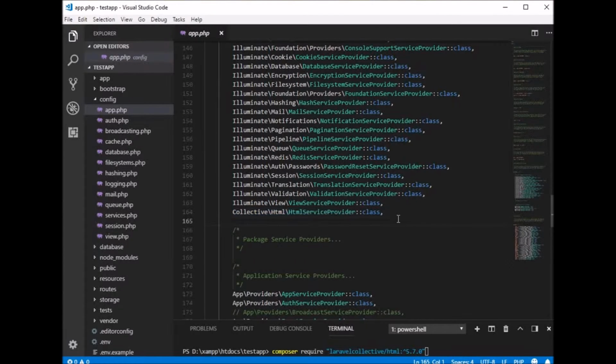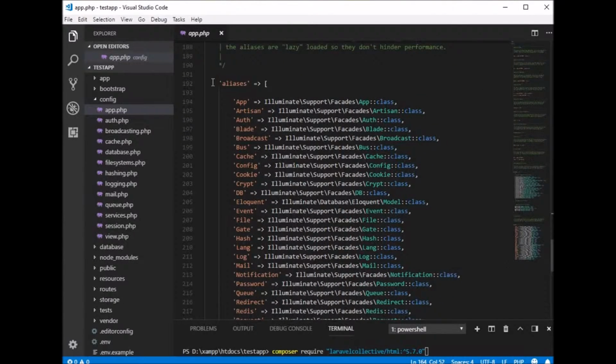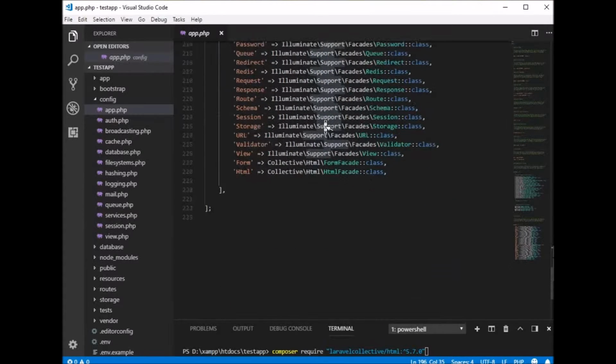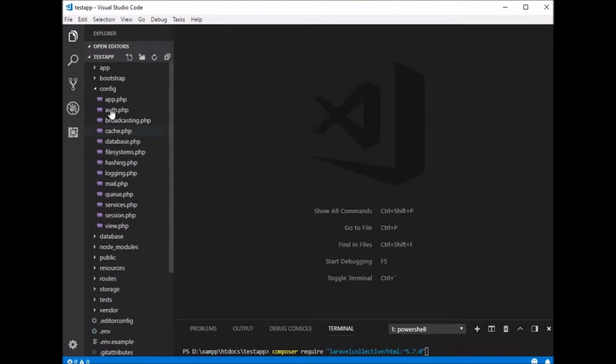Collective\Html\HtmlServiceProvider class. Then go ahead and also below the aliases, go ahead and add these 2 lines of code. And when that's done, close this